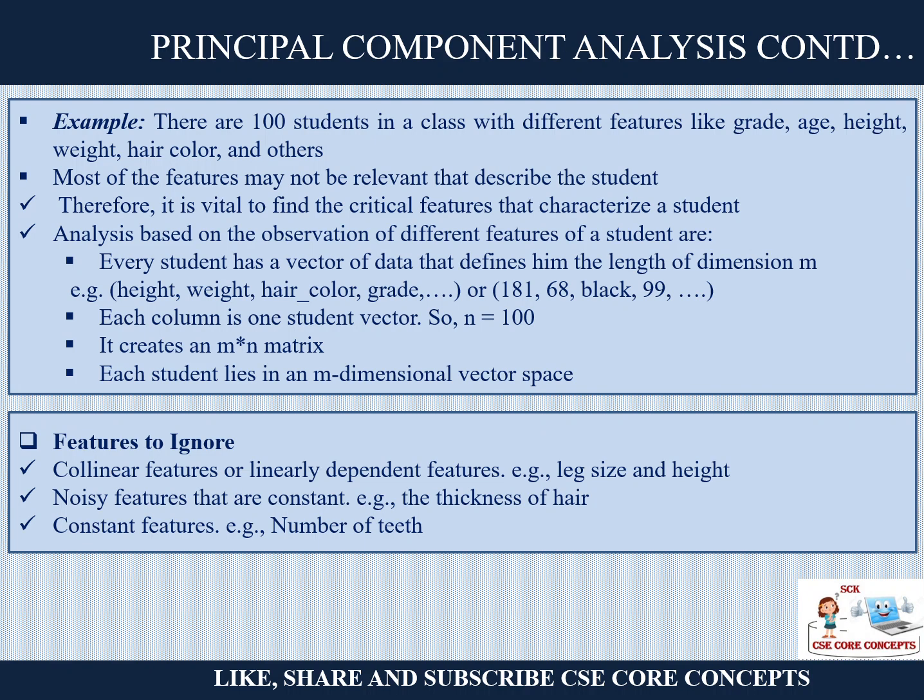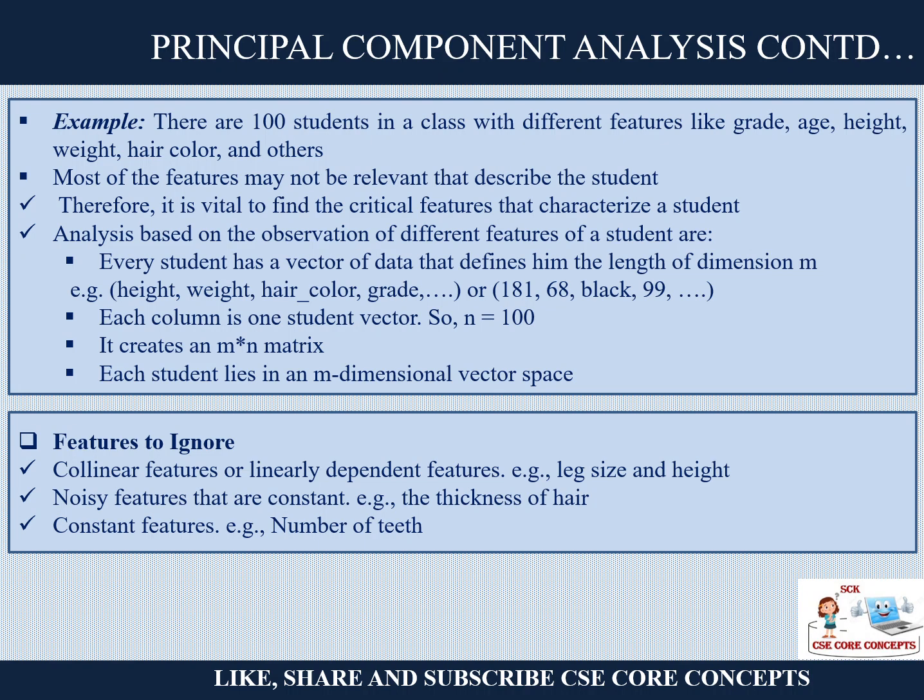Let's say, for example, you are storing the leg size and the height. It is very obvious that these two features are highly collinear to each other. That means the longer the leg size, the more the height. So one of the features can be derived if you know the other. If you know the height of the person is, let's say, 6 feet tall, it is very obvious that the leg size will also be bigger, right?